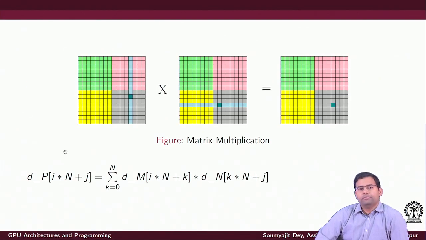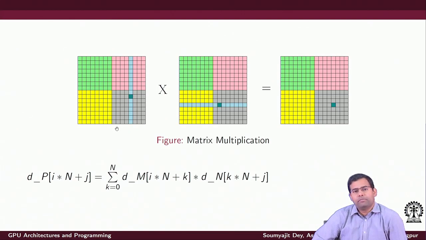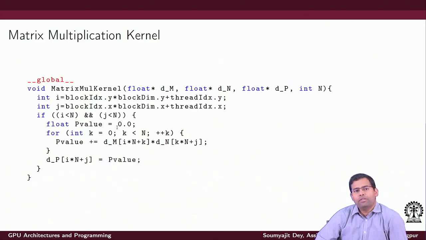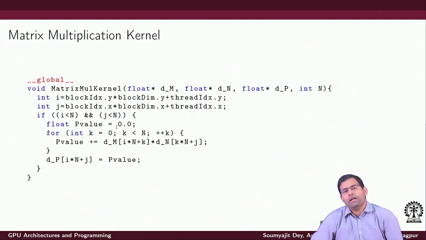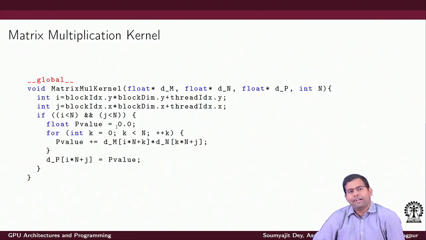So in that way, you have the matrix multiplication operation done. Now one thing has to be remembered, that this is not an optimized GPU program. Why I say that this is not an optimized GPU program, we will learn later in the course, where we show how this matrix multiplication computation can be accelerated by using several primitives that GPUs additionally offer to you. Here all we are trying to do is parallelize the program.